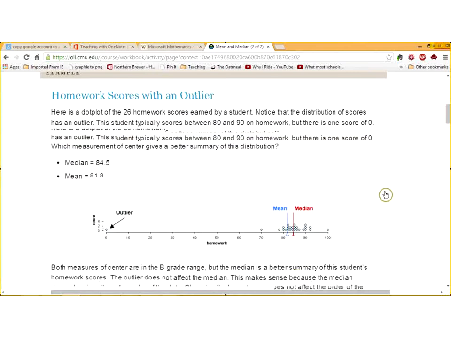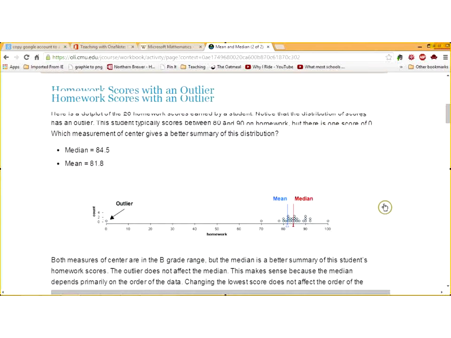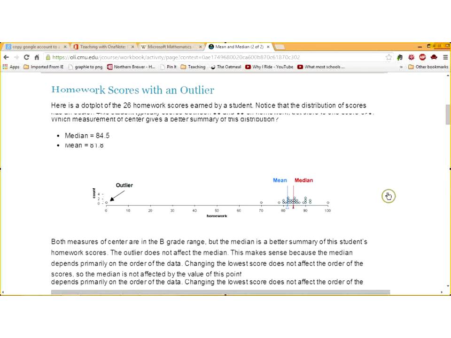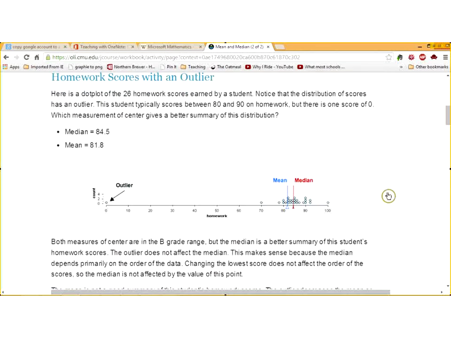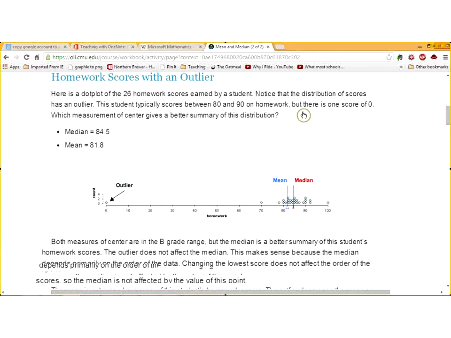All right. So here's some homework scores with an outlier. Most students did quite well because perhaps the homework is mostly graded on completion. But there was one student who refused to do any homework at all. And then they calculated the median and the mean for the set of data, and they're both in the B range. But if you look at the locations on the number line there,